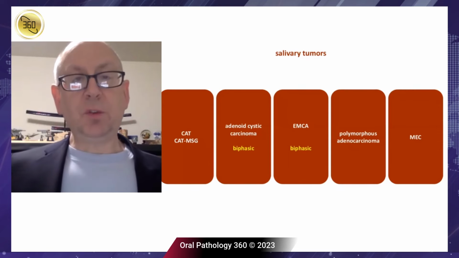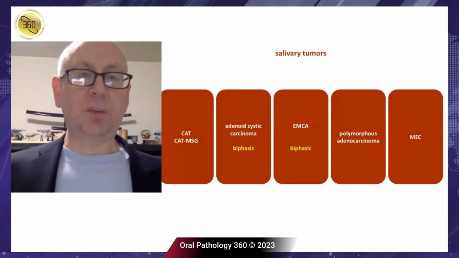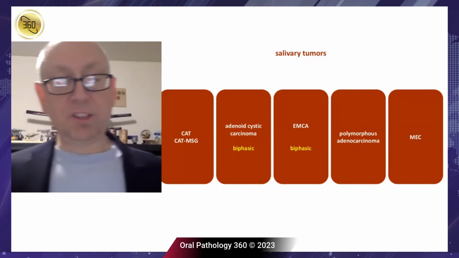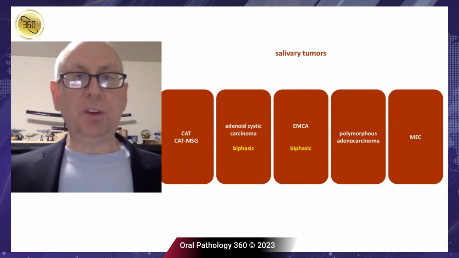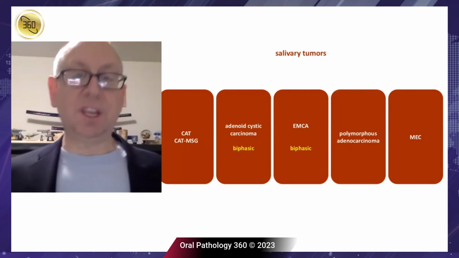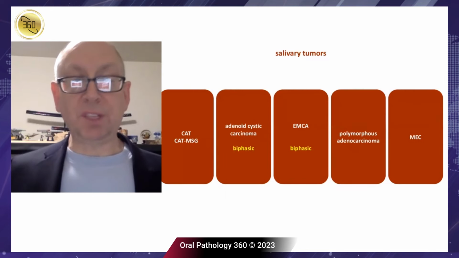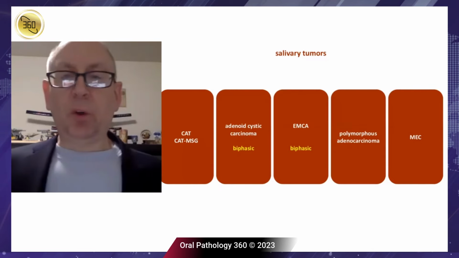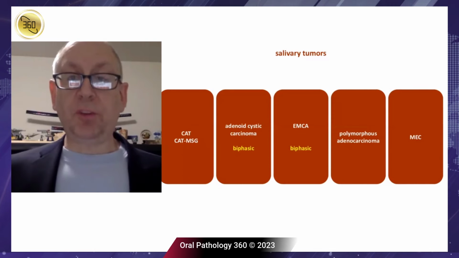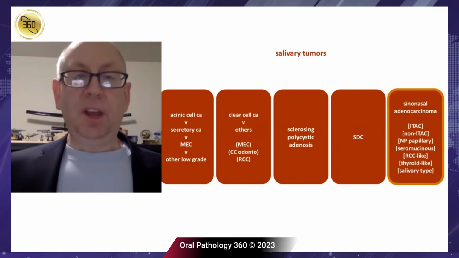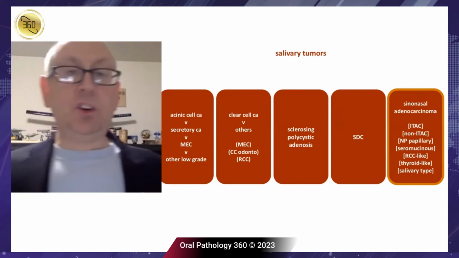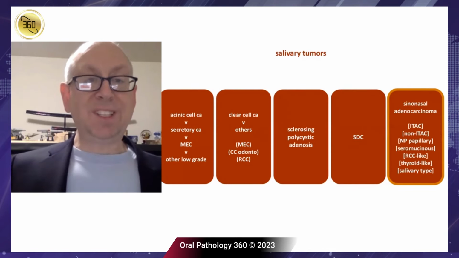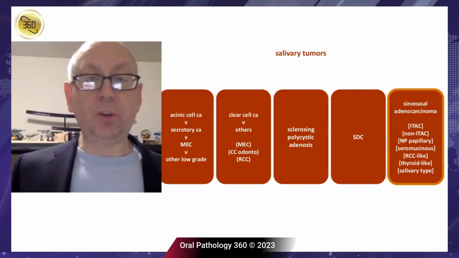And then we get into some of the newly described things or the newly described genetics. So we have those cribriform adenocarcinomas of the tongue and minor salivary glands. We have another set of biphasic tumors that have an epithelial and a myoepithelial component, so adenoid cystic and epithelial myoepithelial carcinomas, EMCAs. Then we get into these sort of, quote, low-grade tumors that all sort of overlap. So our polymorphous carcinomas, our mucoepidermoid carcinomas, and then there's all the clear cell things that start happening. Then there's the confusion between acinic cell carcinomas and secretory carcinomas and other low-grade cancers.